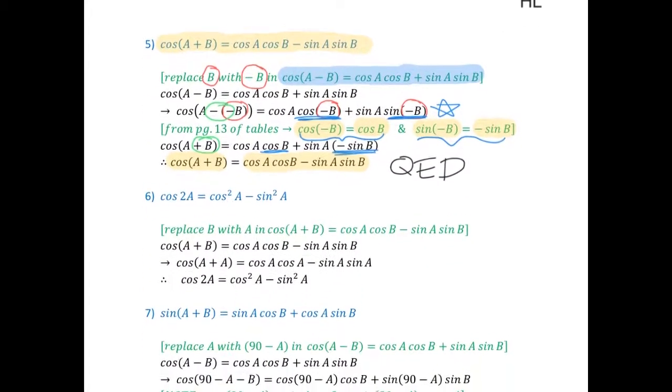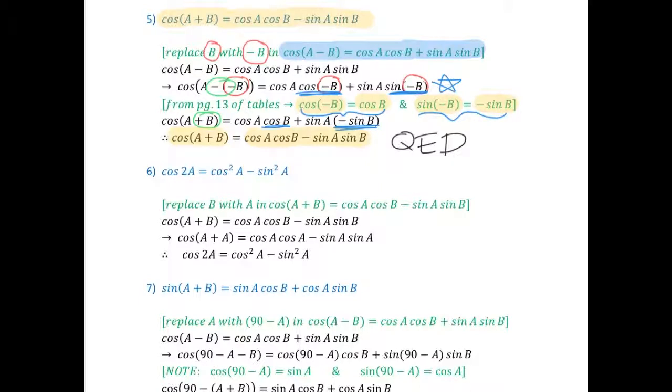The next proof we have to do is to prove that cos 2A is equal to cos squared A minus sin squared A. And the way we're going to do this is to replace B with A in the equation we just proved in part 5. Cos A plus B is equal to cos A cos B minus sin A sin B. So if we replace every B here, here, and here with an A,